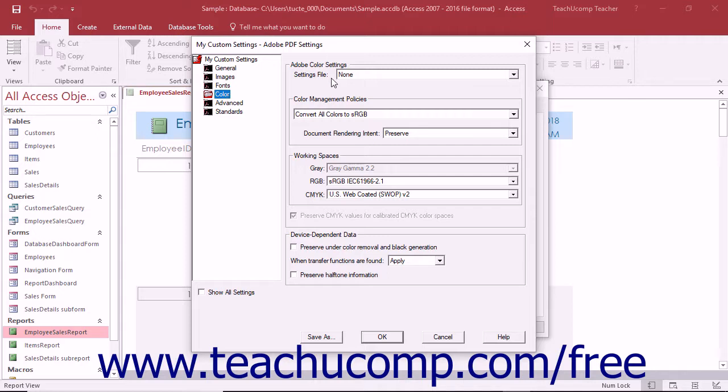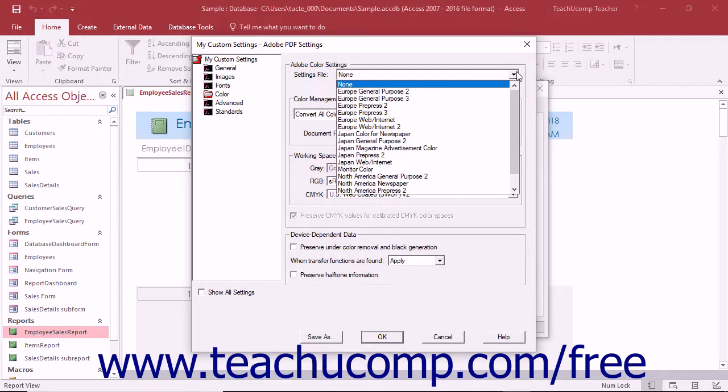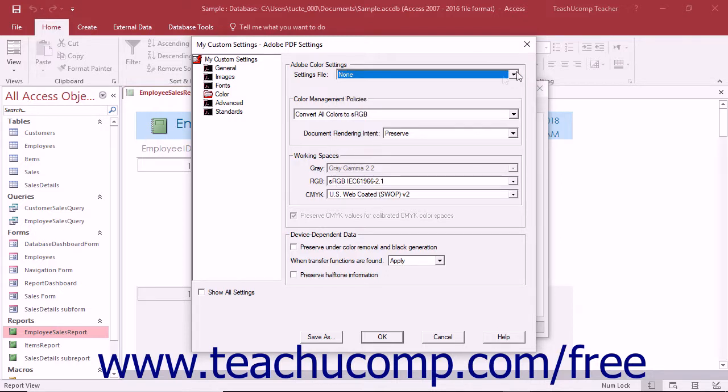In the Adobe Color Settings section, you use the Settings File dropdown to select a color settings profile to use for PDF conversion that is available on your computer. The profiles listed in the drop-down menu include color profiles from external graphics applications like Adobe Photoshop as well. Choosing the None setting lets you manually specify the color management policies and working spaces settings in the areas that